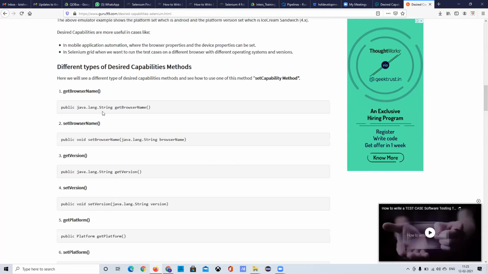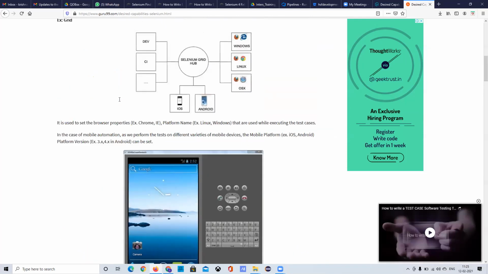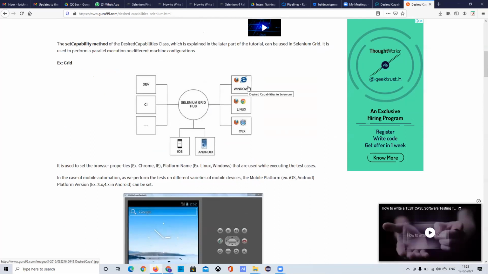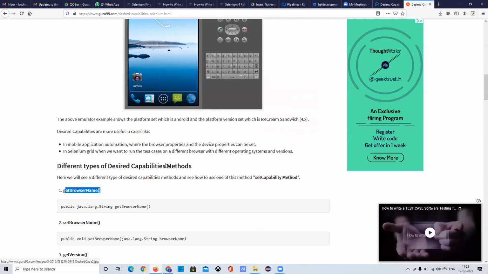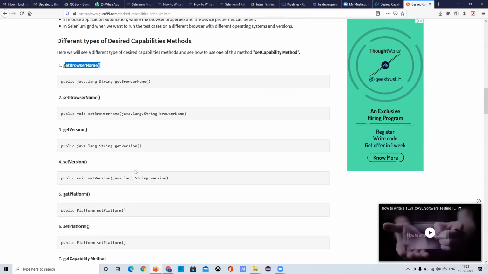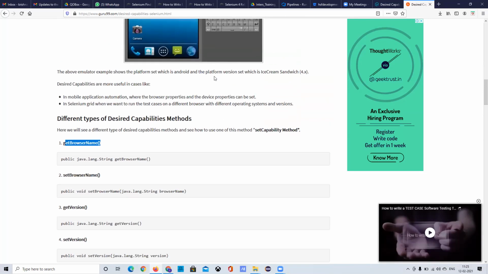So now if you see here, we always talk about set. We are setting. We didn't talk about the get. What it will do is connect to that particular machine, get that particular properties, and we can set those properties. So these are getters and setters, which are used as part of the concept of encapsulation in Java. Anyway, we didn't discuss that, so I'll not talk more about it.